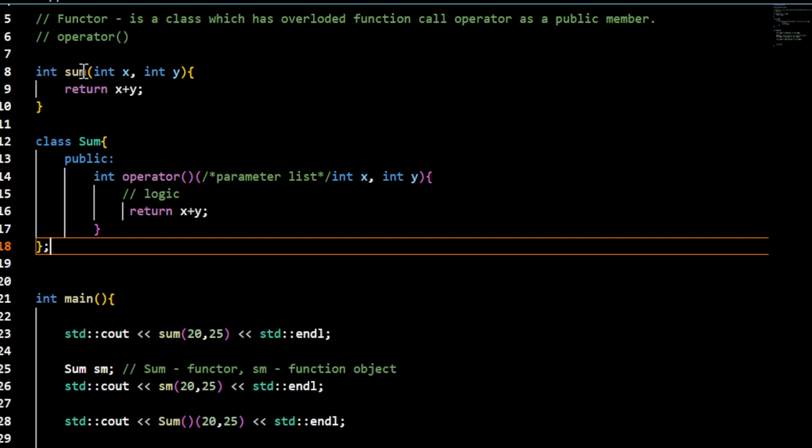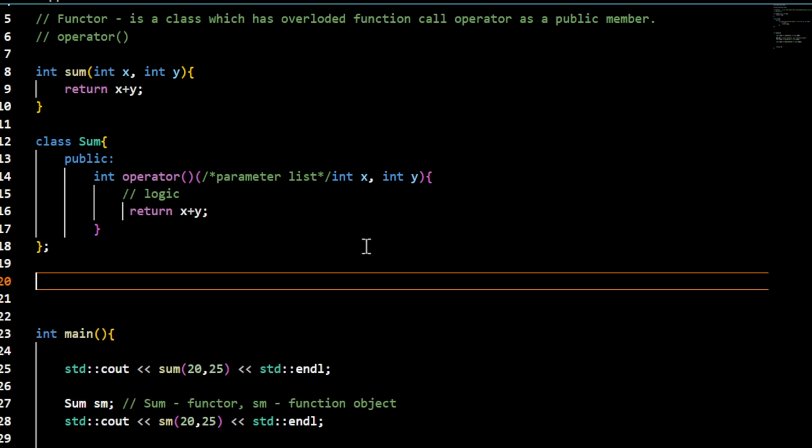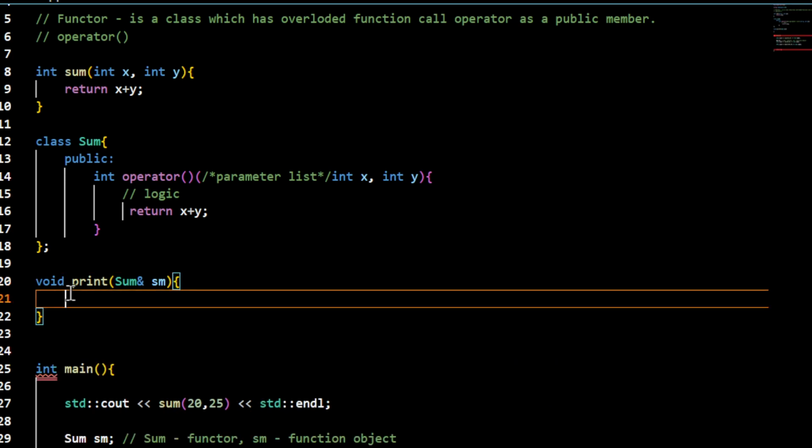If you pass this function to another function, you need to have a function pointer. But if you want to pass this object or execute this logic from within the function, you can just pass the object in the way you would regularly pass the object of other classes, right? If I want to display this data within the function, I could do something like this: print function, and the type of the object I want to pass is sum. Let me pass by reference,